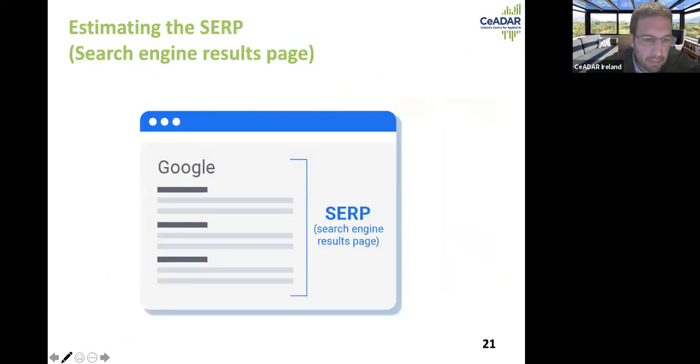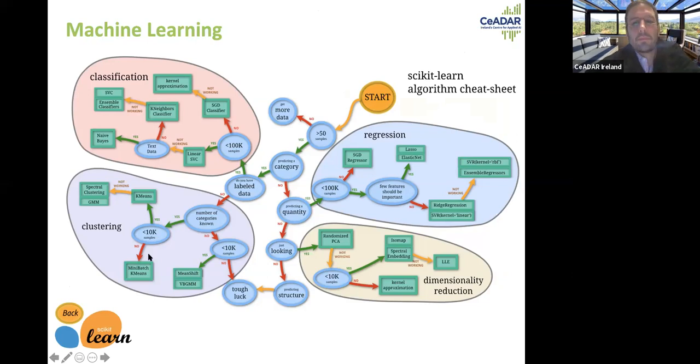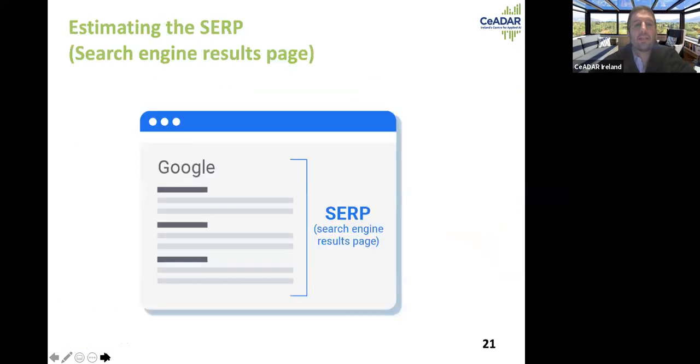Now we go backwards, and in machine learning you can apply classification, you can apply regression, clustering, dimensionality reduction, and also you can apply reinforcement learning, which is more or less new, and we will see where we can apply it. So, for example,